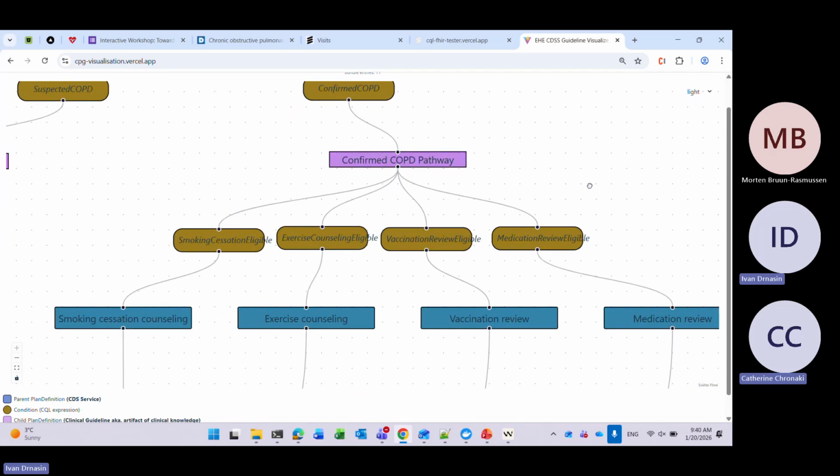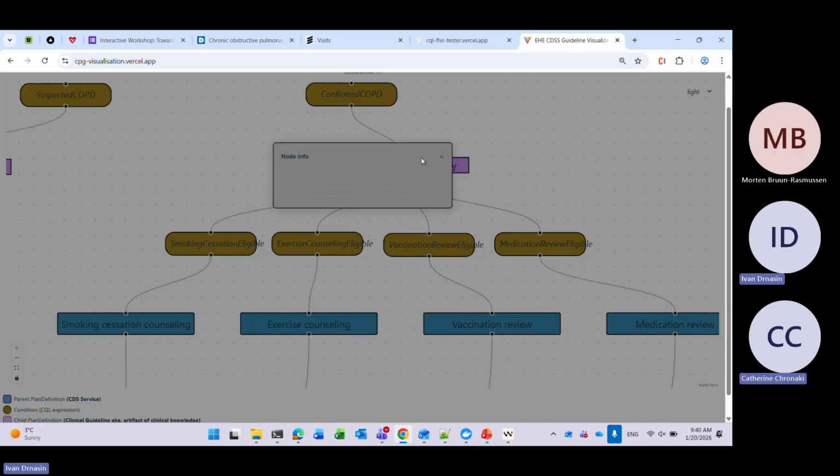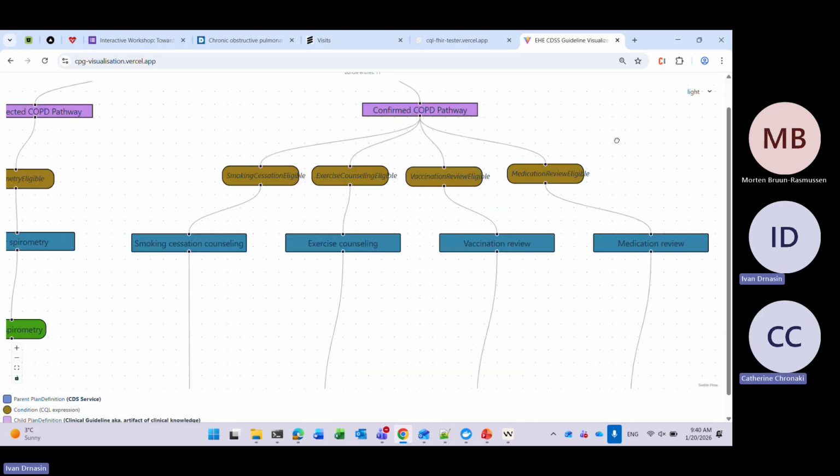So that's why it's much more, let's say, patient oriented: to stop smoking, to start exercising, to take some vaccination, and to take some medication if eligible. So let's see what happened.